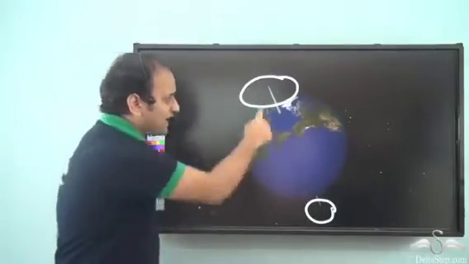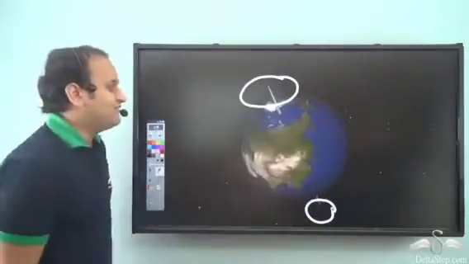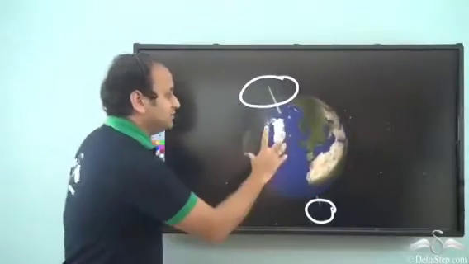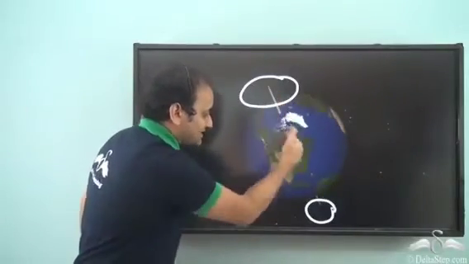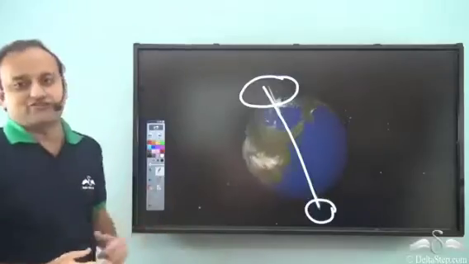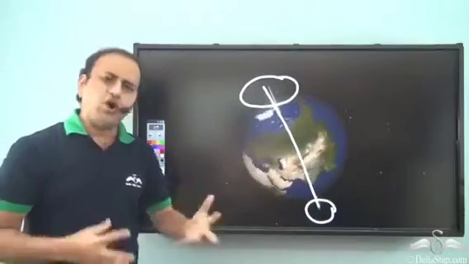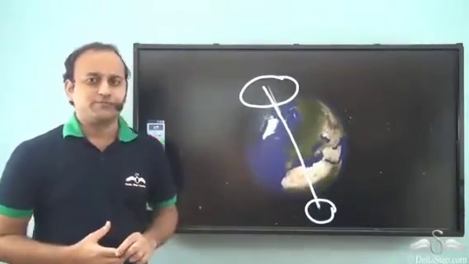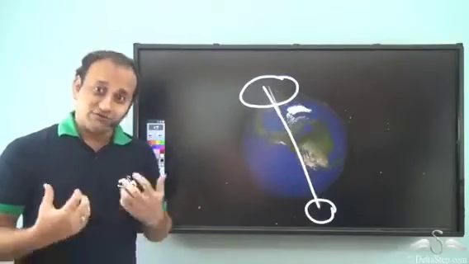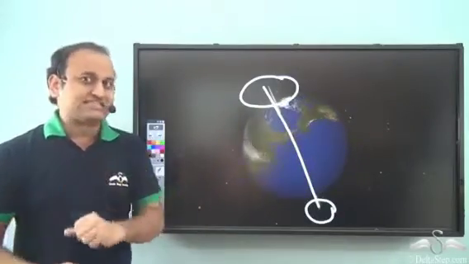Now, why do we have this imaginary line? We have this line so that people can understand that the Earth rotates on an axis. And this is the imaginary axis which we have drawn. But this is not the only line which we have drawn. There are so many imaginary lines which we draw on planet Earth for our convenience. So let's see some of them.